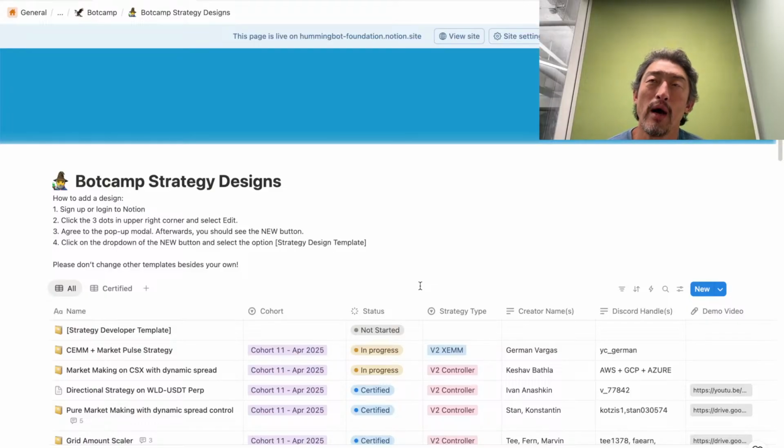Overall, for you, I think if you're developer ready, as in you know how to code Python, and you're confident that you want to make a career shift into, let's say, crypto algo trading, then yes, I do think Botcamp would be a good place to start. You may want to start by just taking one of the courses first, as opposed to the cohort, to ensure that the material is something you really want to learn.